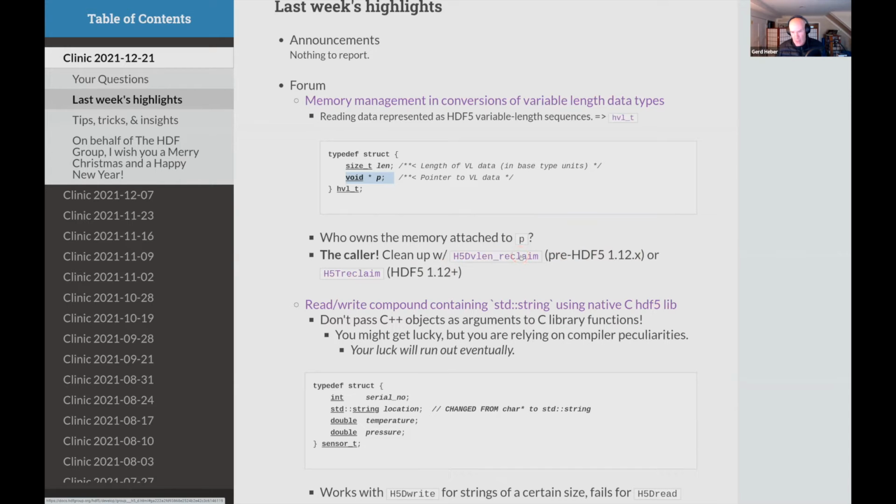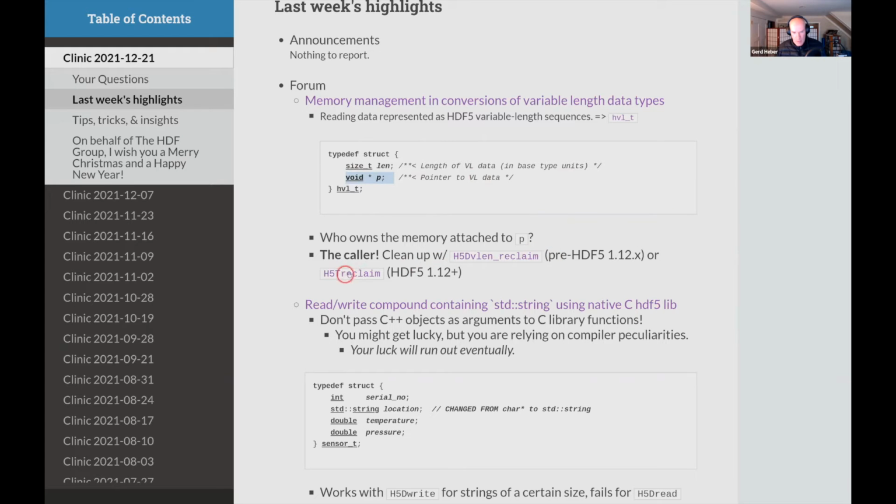What that does is basically what you would intuitively expect it to do, which is traverse that array, that buffer of hvl_t's, and call free on all these buffers, and that way make sure that nothing leaks and no resources are used that you are no longer aware of or that you no longer need.